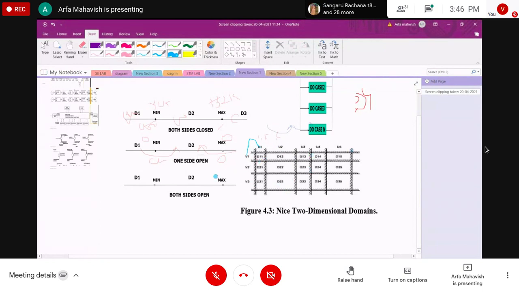Why do we call this domain a nice domain? Because this domain has all the properties of a nice domain. So how do we know that it has all the properties? If a domain satisfies all the properties of a nice domain, then that domain is called a nice domain. So here we have the domains and the boundaries of the domains. That's why we call this a nice domain. Next,